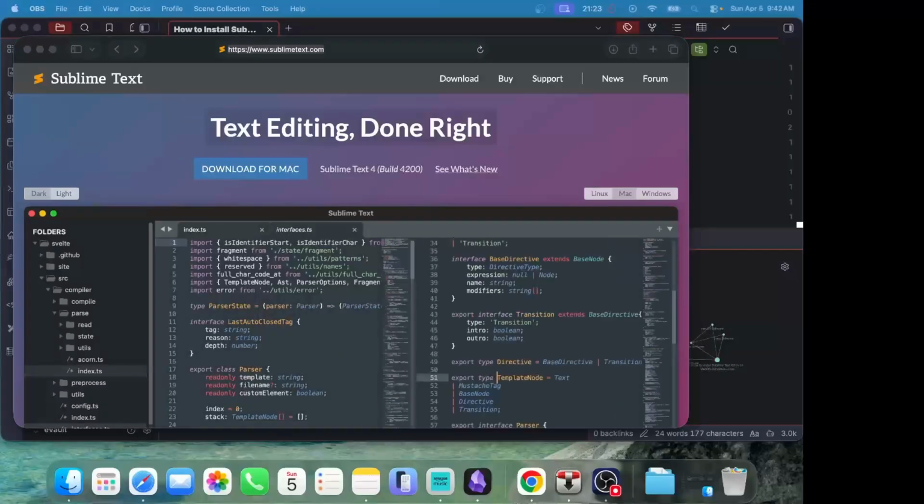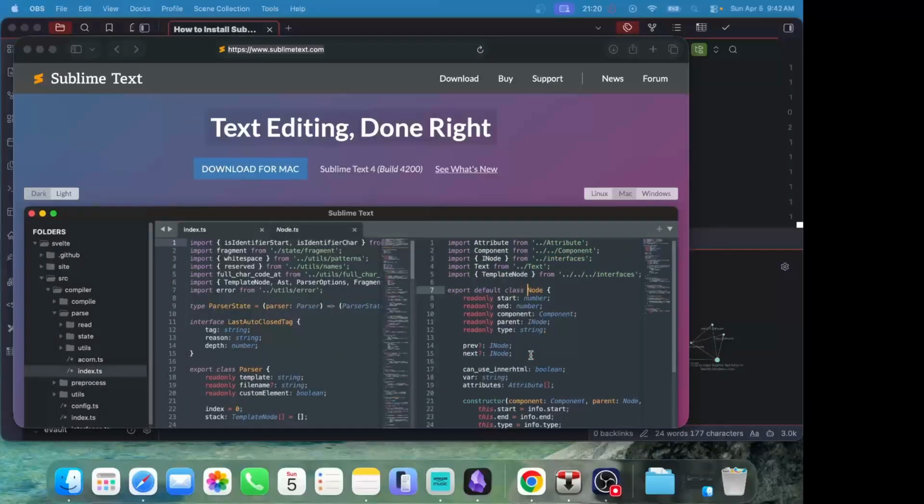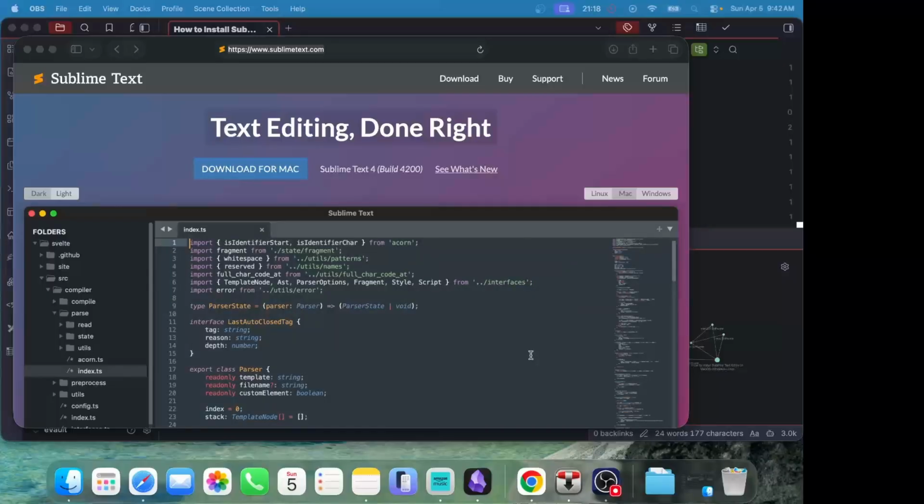Today's video I'm going to show you how to install Sublime Text on macOS. It also works on Windows and Linux. So you're going to go to this website,